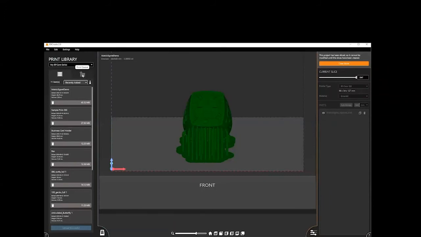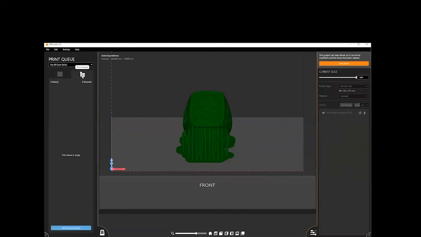There's one other field that's in here that I want to talk about. It's the print queue field. So here you can set up kind of a workflow. If you have multiple people using the printer, if you have multiple jobs you need to get printed and you have someone who is printing jobs on the printer, you can actually set up their day here without actually having to talk to them. You can come in here and hit Add Current Project, and then it's going to ask you, what would you like